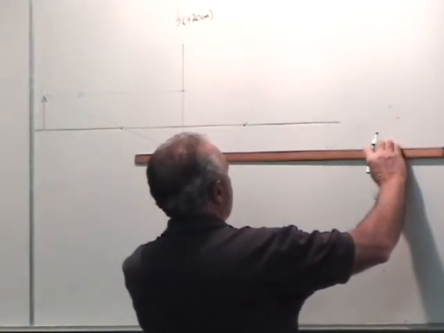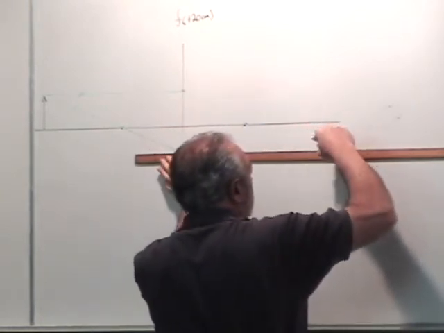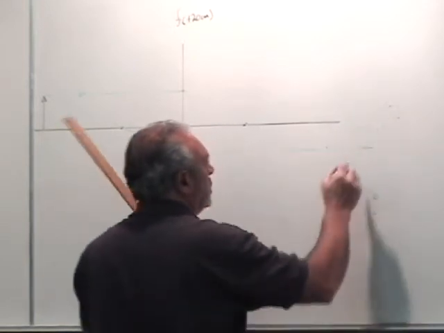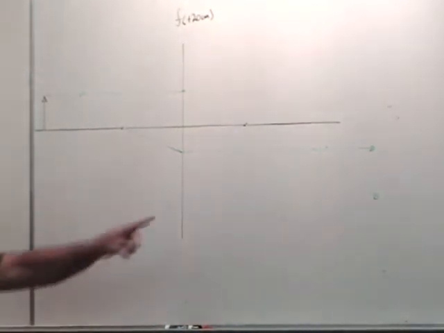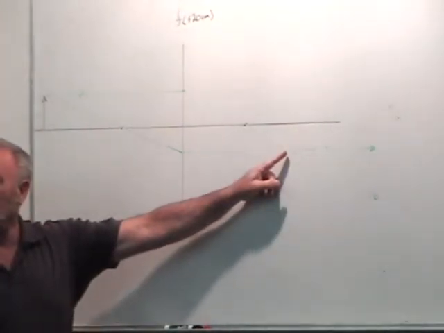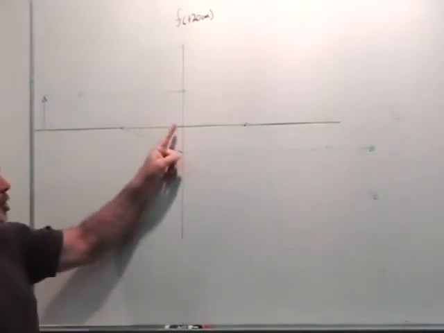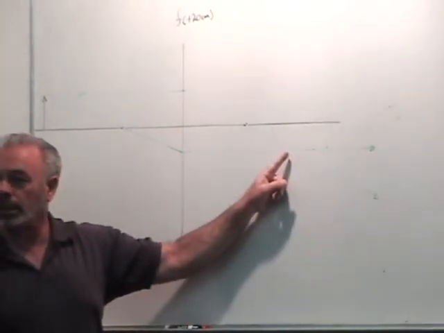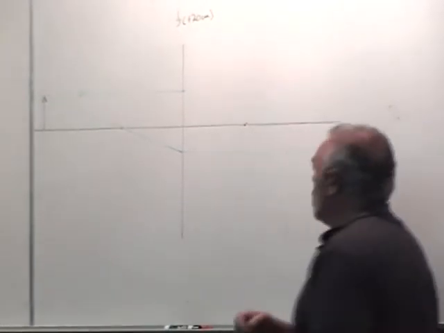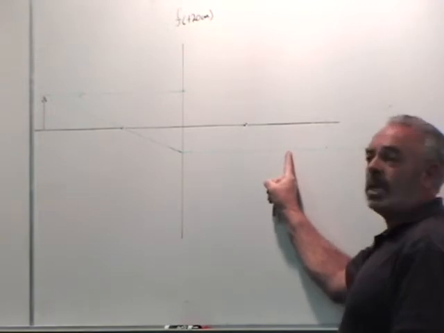So now, this one leaves parallel to the axis. If I've got any green ink left at all. And of course, now we understand why there is an image here. Because here are two light rays diverging from the head of the object. After those two light rays pass through the lens, they then diverge from this point. So if my eyeball is down here, looking in this direction, I would see two divergent light rays, and they seem to be diverging from here.